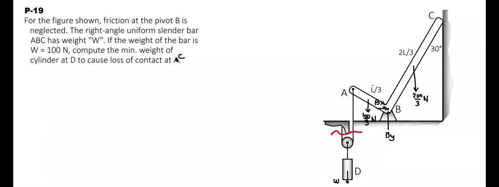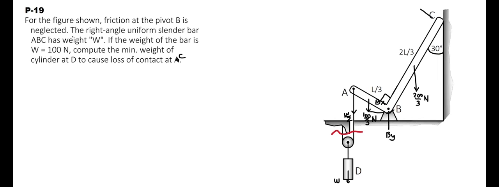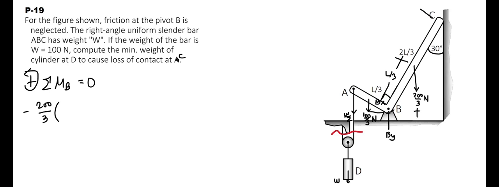Now we can start analyzing this slender rod. So by cutting this segment, this has a force here going down that has a value of W over 2. Now by taking summation moment at point P equal to 0, considering counterclockwise to be positive, we have the 200 over 3 Newton force that will induce a clockwise moment, so it's negative, times its moment arm distance, given this is 2L over 3, therefore half of it is L over 3, so its moment arm distance from here to here, given this is 30 degrees, therefore this angle here is 60 degrees, so this distance here is equal to L over 3 times cosine of 60 degrees,